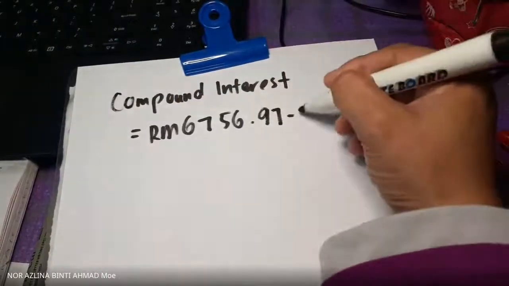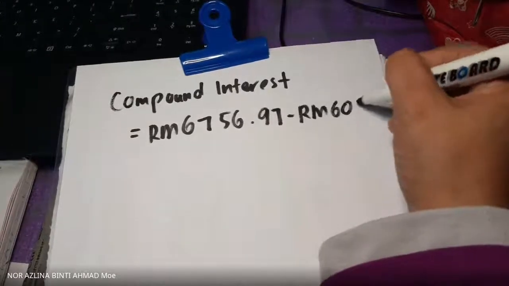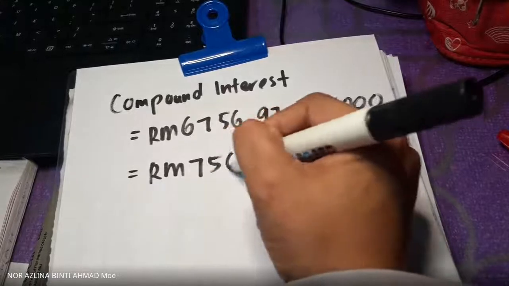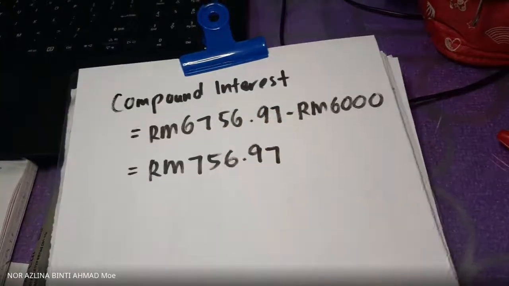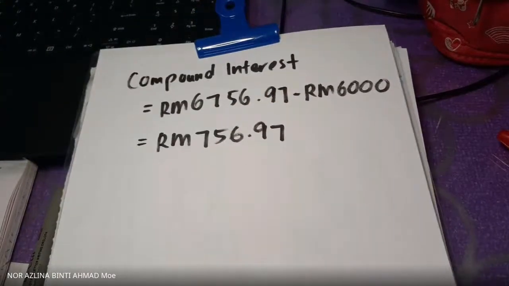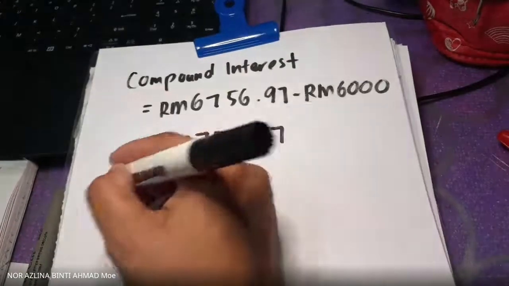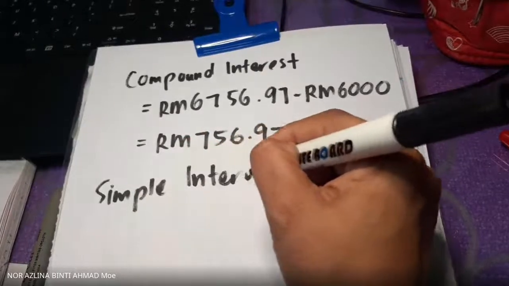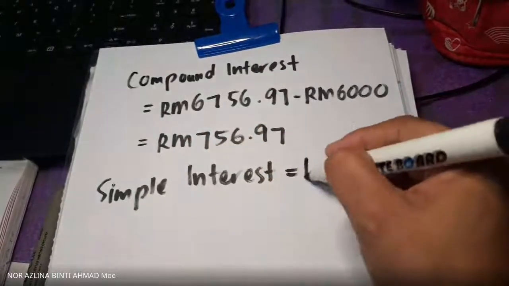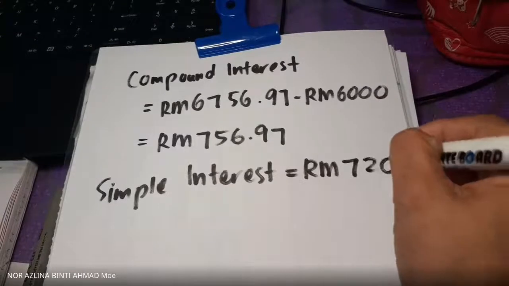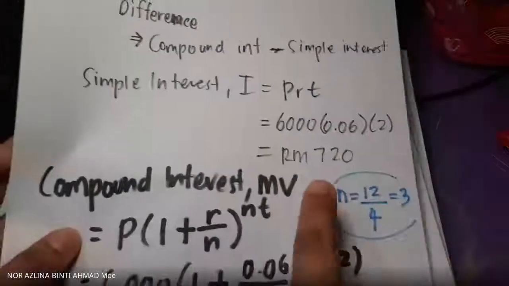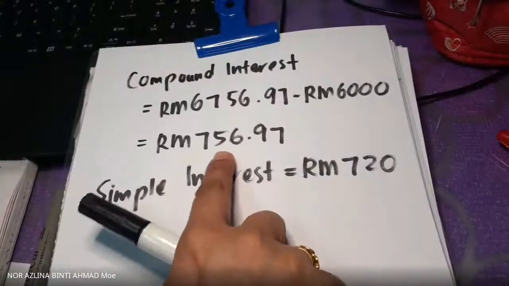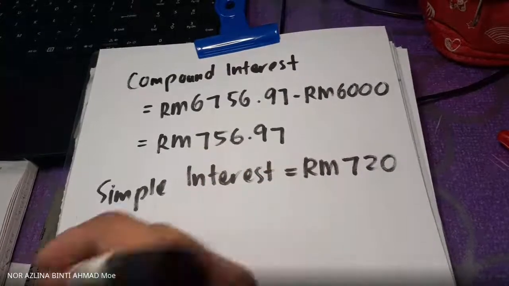for compound interest, we got 6,756.97. We subtract the principal because it already includes the principal. So we get RM 756.97. This is the compound interest. Simple interest we get RM 720. This is 720, and the compound interest 756.97. So the difference,